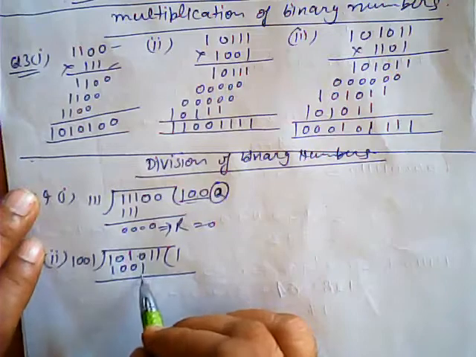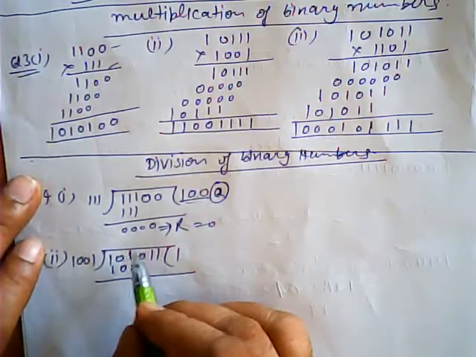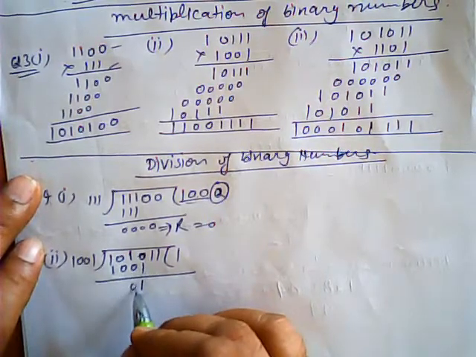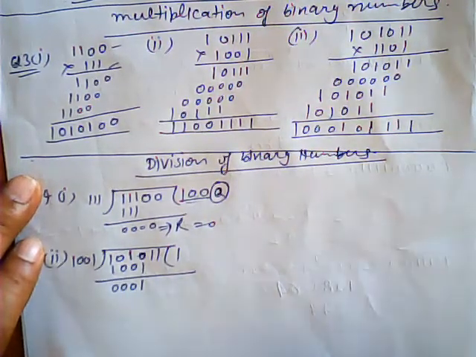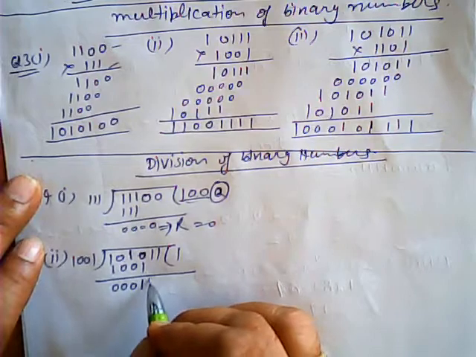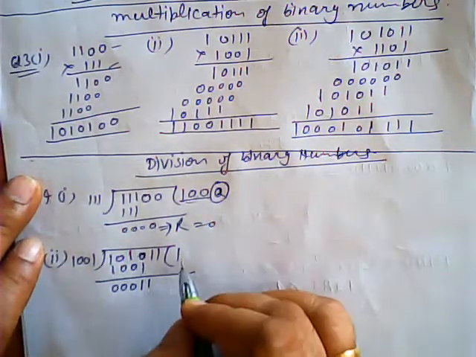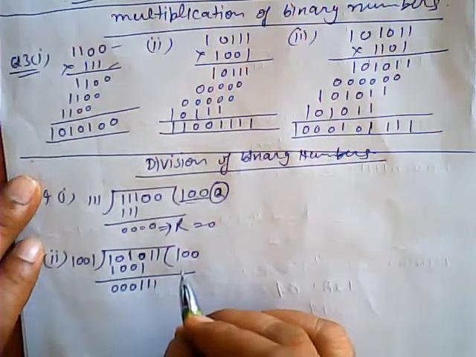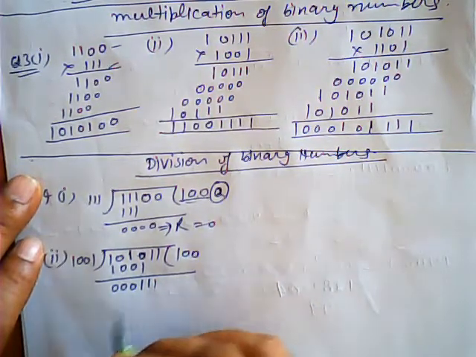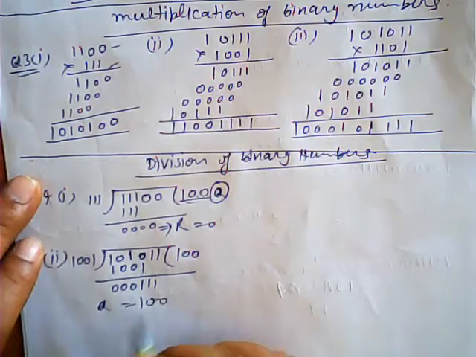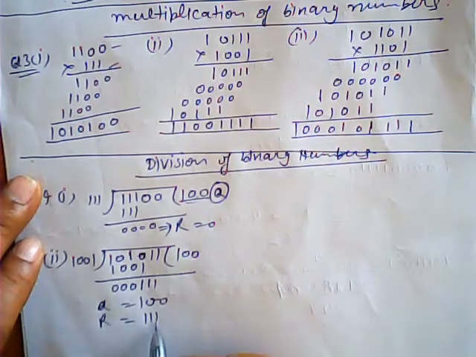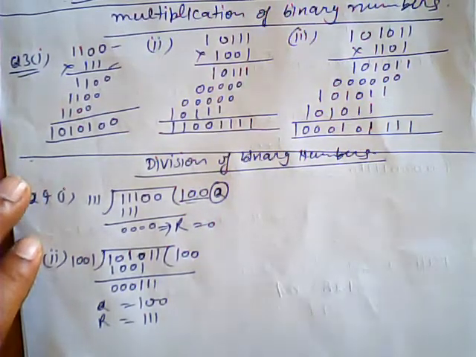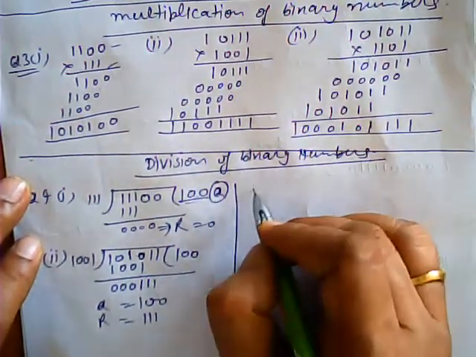Now we have to subtract this. When we take carry, then it will become 2. 2 minus 1 is 1. Here is remaining 0 0 0. Nothing else. So we are writing 1. 1 means 0. Again 1. 1 means 0. So what is the quotient? Quotient equal to 100 and remainder equal to 111, because there is no need to write the 0 to the left side of a number. Third part.